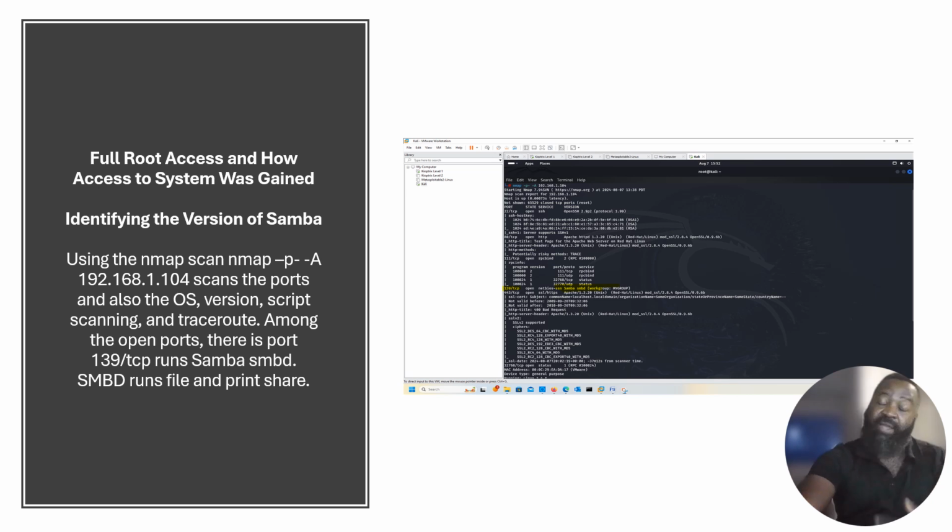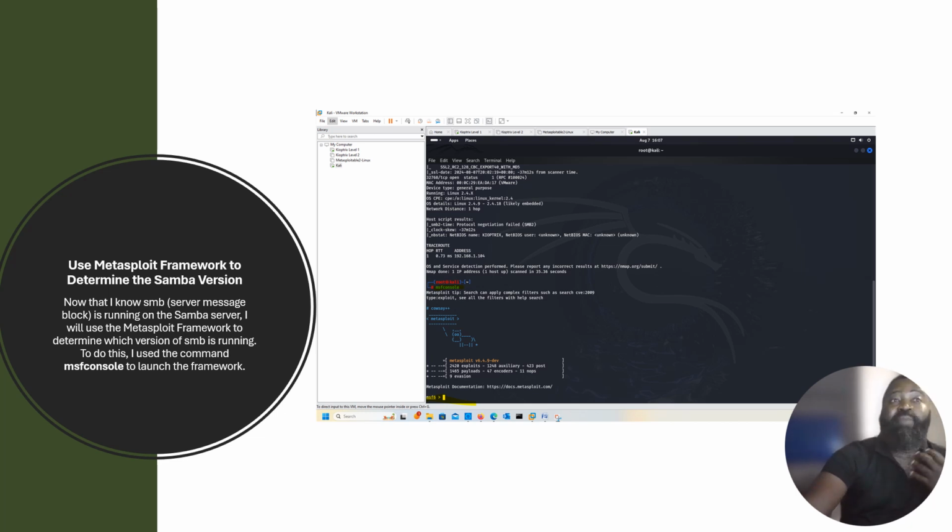So Samba SMB, actually SMB is a server message block, which is a service that functions in file and print sharing. So we have to dig deep and see what SMB does. So to do that, I decided to check the version of Samba that was running. So I used Metasploit framework. That's another tool used in penetration testing to determine the Samba version. So now that I know that the SMB, the service that carries out file and print sharing, is running on the Samba server,